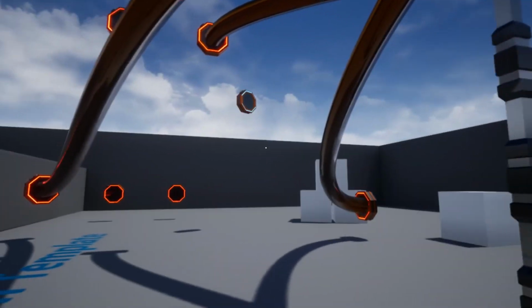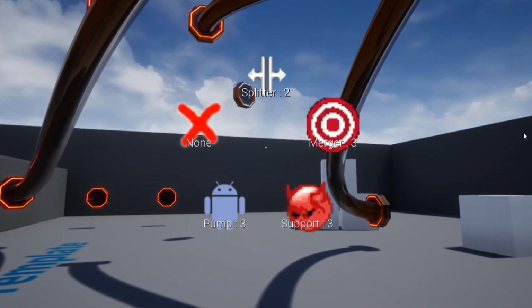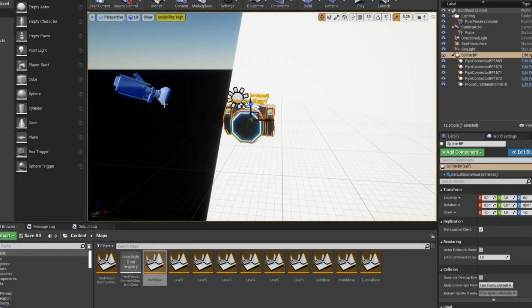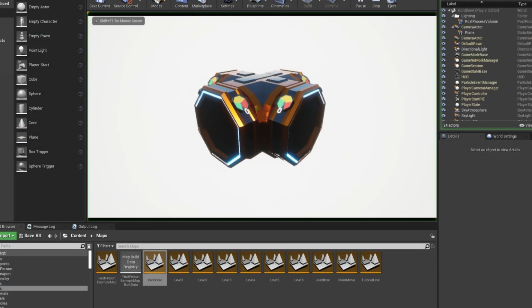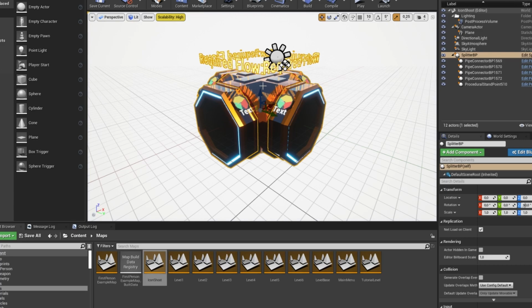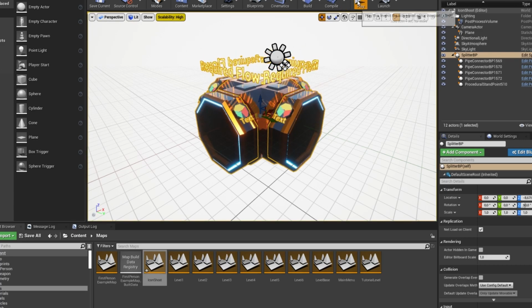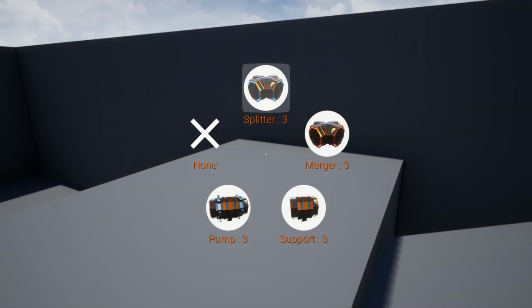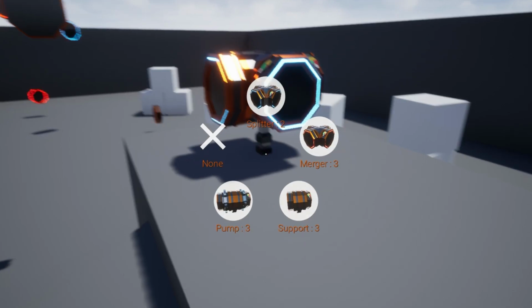Anyway, I still needed some icons for the buildings, as current ones look kinda off. I created a separate level and started shooting my buildings there. Then I cropped the images using Paint 3D and imported them into my project. With these new icons it already looked much better, but I still missed proper preview meshes for the buildings, and